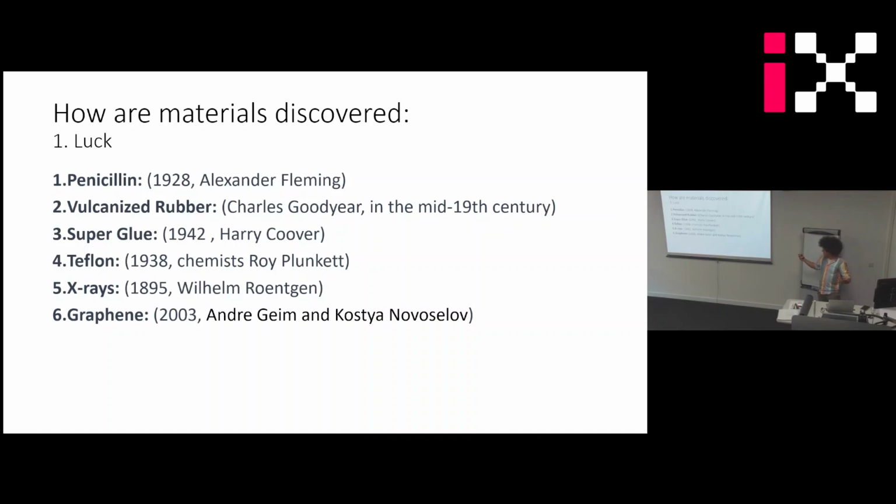So they isolated the graphene, like this thin sheet of one atom layer of material, by just looking into the tape they were using to clean the graphite. So it's just by luck they managed to find it. But these are the most famous stories that you will hear. It's quite common, but there are also a lot of other approaches behind it that are a bit